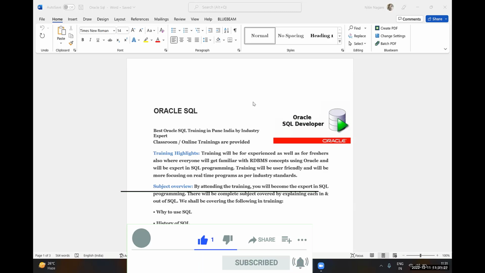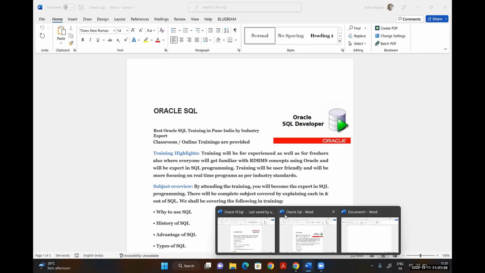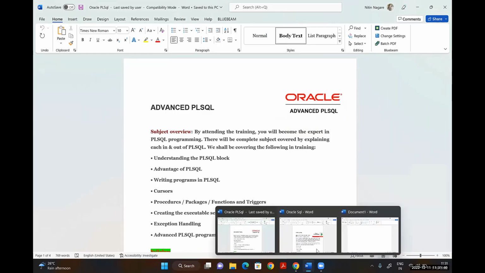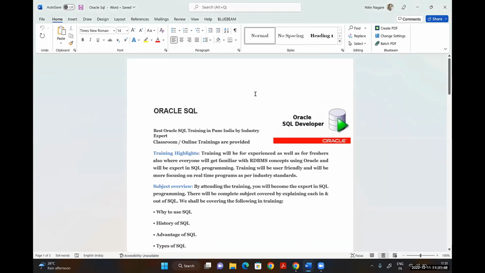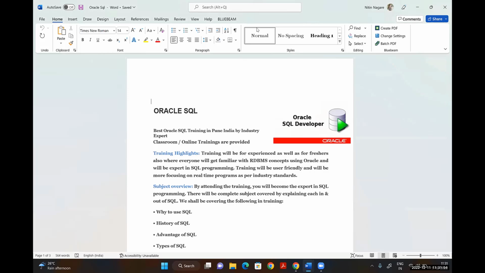Okay, so as part of this Oracle PL/SQL development, we have this syllabus of SQL and PL/SQL. I'm just sharing. Hope my screen is visible to you. So this is the syllabus which we are going to cover. Your screen is not visible actually. Just let me share again.